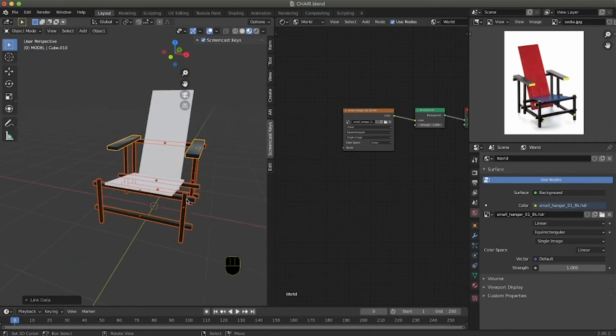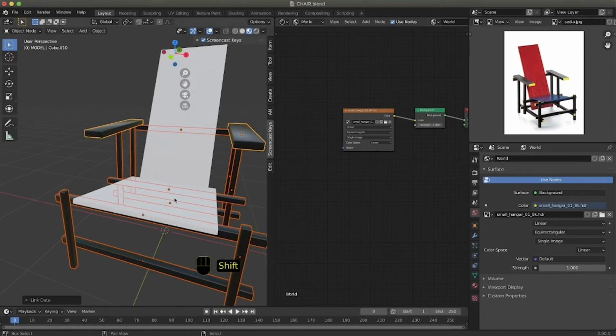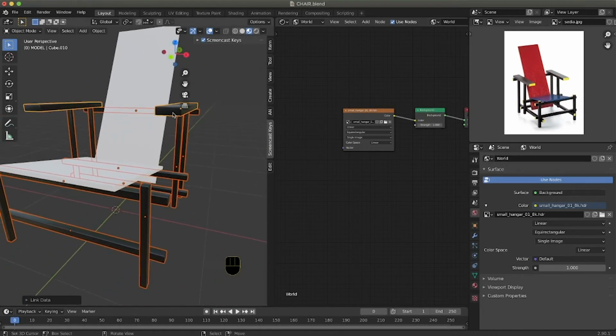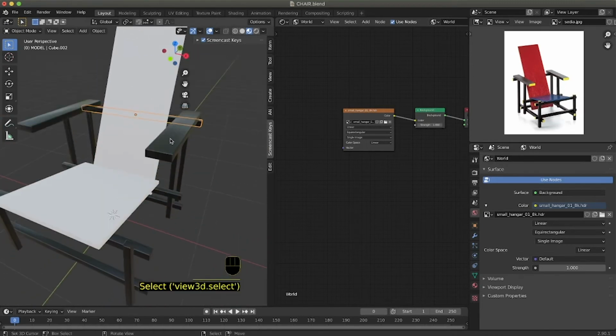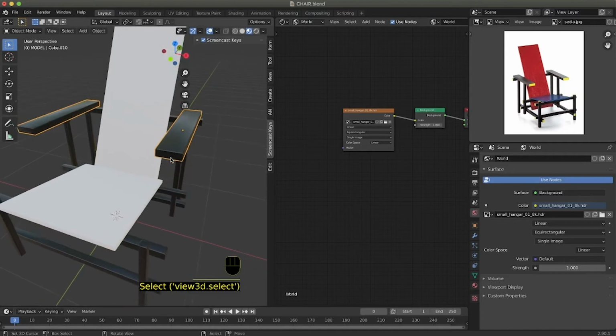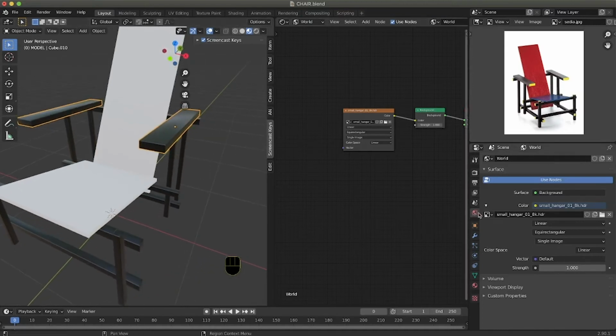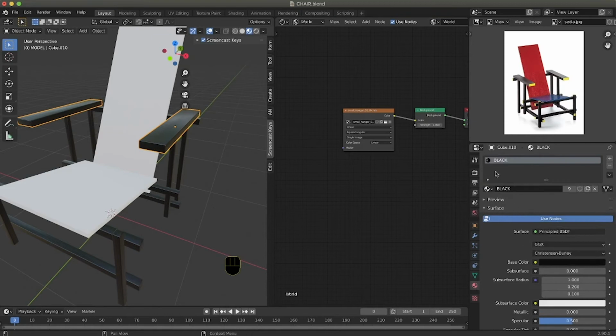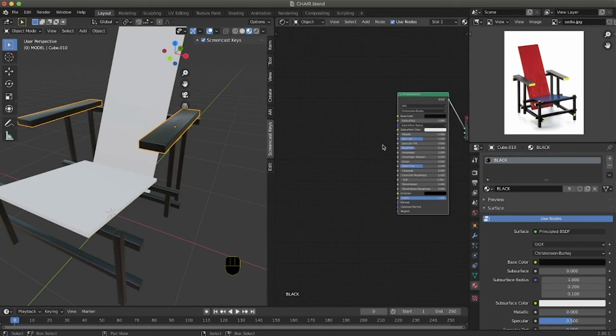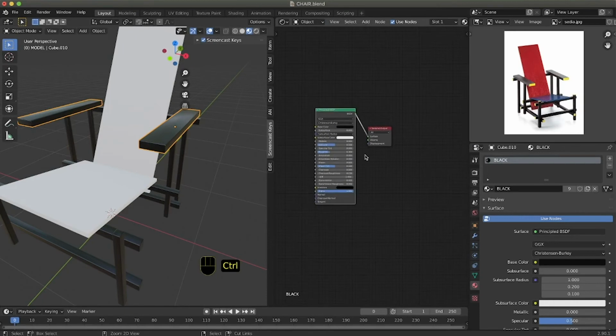The other thing that we need to do is setting up these yellow parts. So we can select simply this front part. If we go into the material tab, we see that we have one material here, but we can add more than one material to an object. So we can, for example, duplicate the material, or go back to the object material. That's something that we can do now.